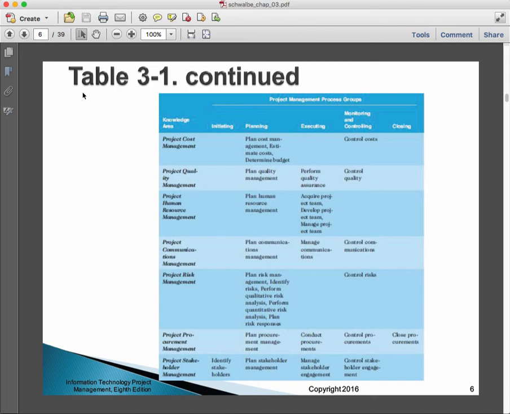Let's look at project human resource management, which is the third bar on the chart. You can see that in planning, we're going to plan human resource management, and in executing, we're going to acquire the project team, develop the project team, manage the project team. So you can see how these things interrelate with each other. Okay? Now, this is just to help you get a feel for this overall